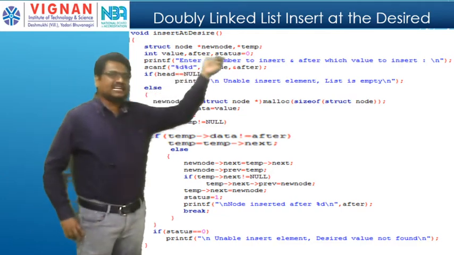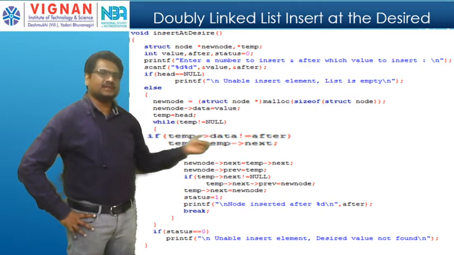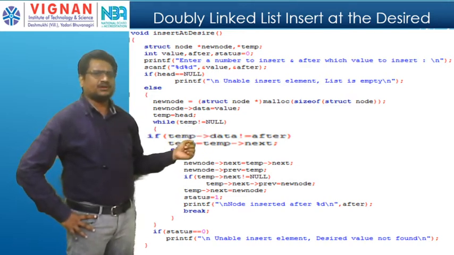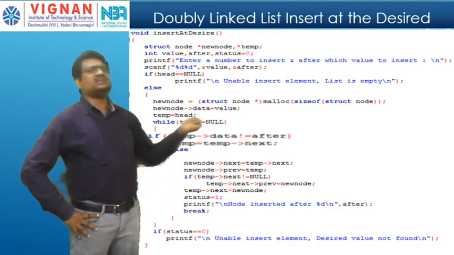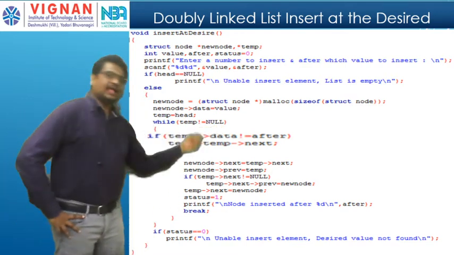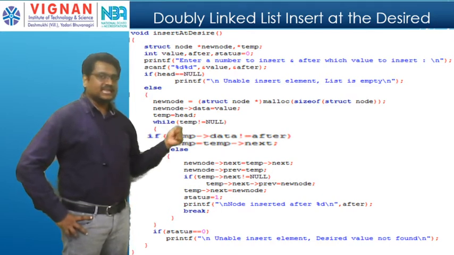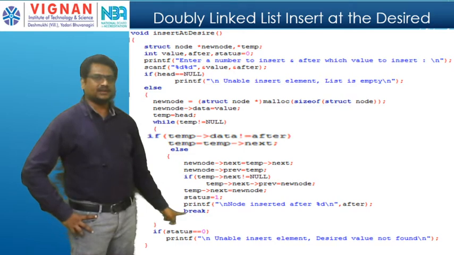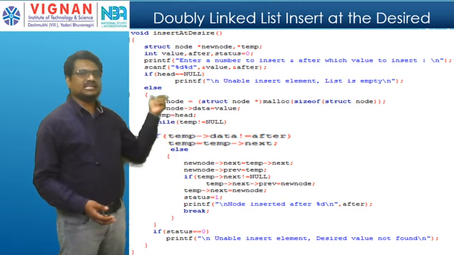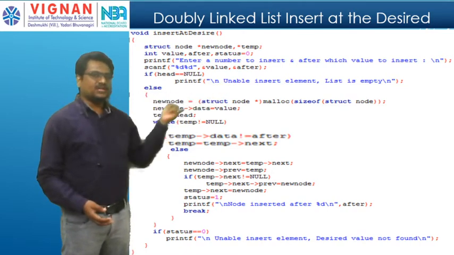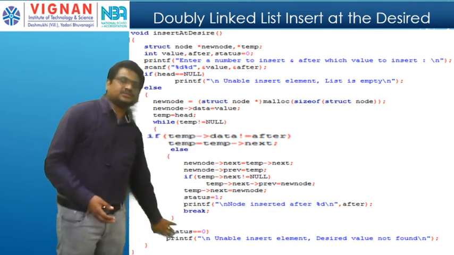If it is not the last element, then what do I have to do? I have to check whether it is the desired element or not. If it is the desired element, I will do the process. If it is not the desired element, I will go to the next element, until I reach the final statement. If I find the desired element, then here I will break the statement. So this while loop doesn't read the null. If it is reading the null, it means I haven't found the desired element, so I will directly show an error message.